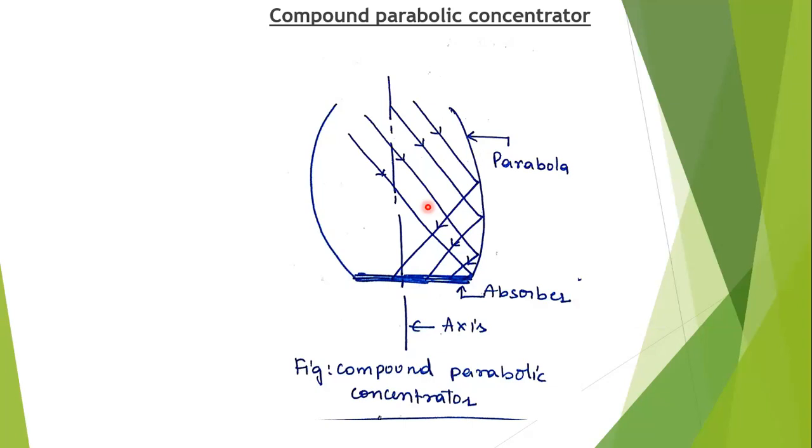So CPC reflectors can be designed for any absorber shape. For example, the first one is a flat one-side absorber. The second one is a flat two-side absorber. This flat two-side absorber has some fins. We have already discussed what a fin is. It is an extra extension kept on the absorber, because this increases the absorber's surface area.